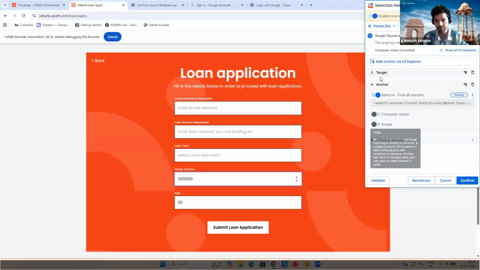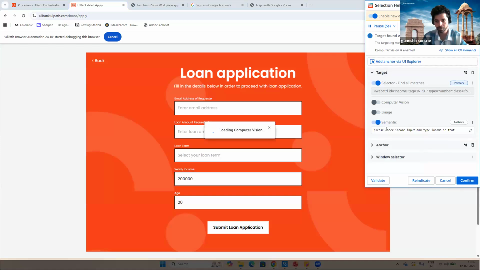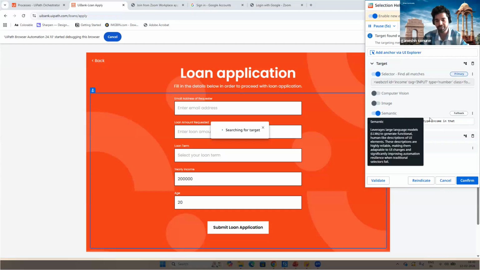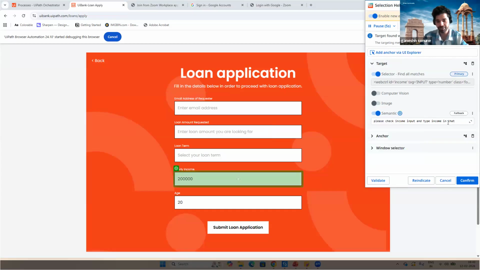So this is the prompt I have given: please check income input, because this is the income input I have provided, and type the value over there. So it is a context based prompt.